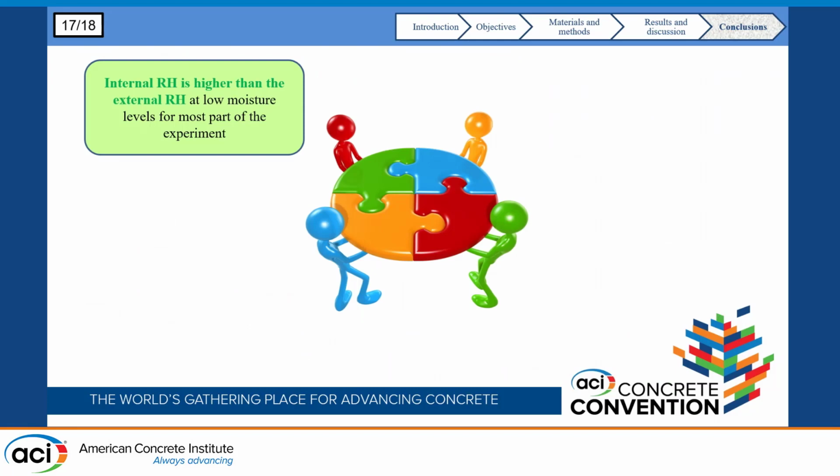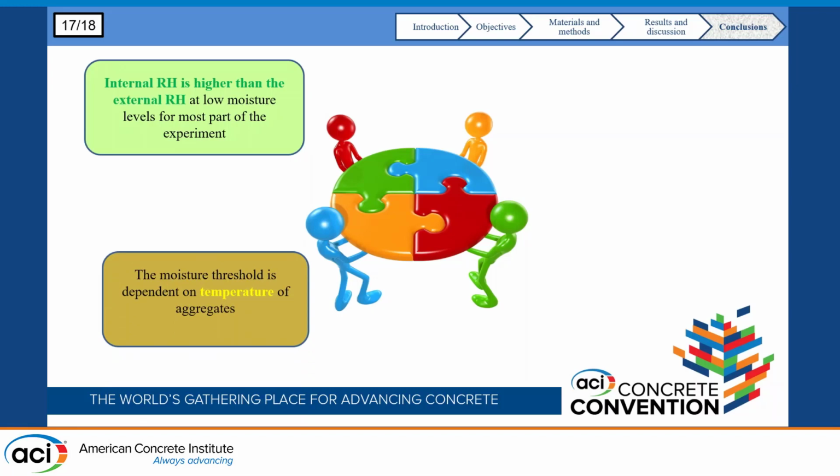Now, to conclude, first, we realize that the internal moisture in concrete is actually higher than the external moisture, especially at low moisture condition. So what does this tell us? It says even at low ambient conditions, alkali silica reaction can actually be initiated or sustained. Secondly, considering the expansion results we have, we realize that the initiation of this reaction can be dependent on the temperature. And we are doing some other work using different aggregates of different reactivity levels so as to further confirm the moisture threshold needed for this reaction.